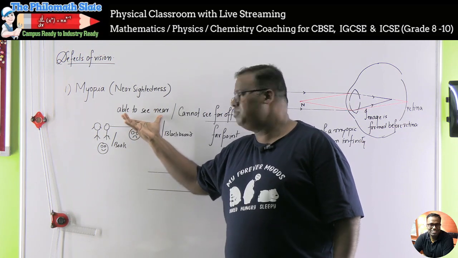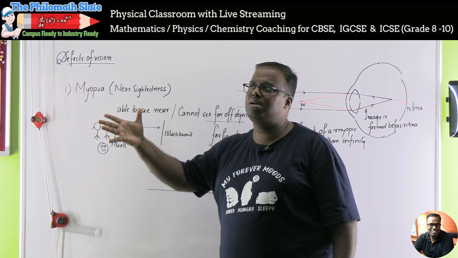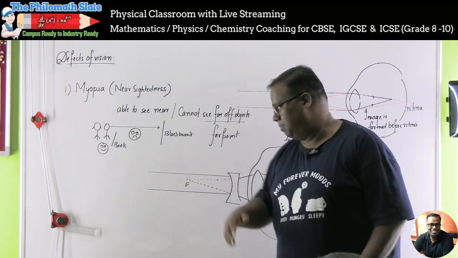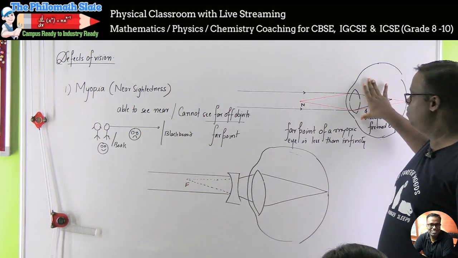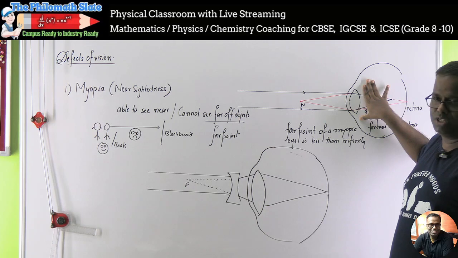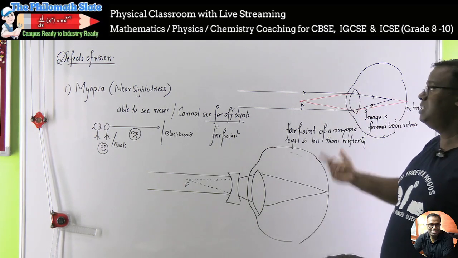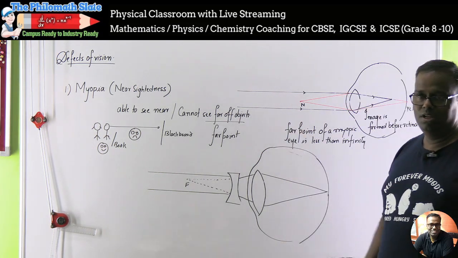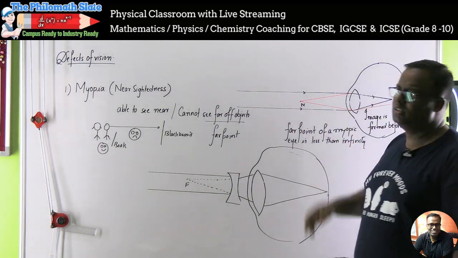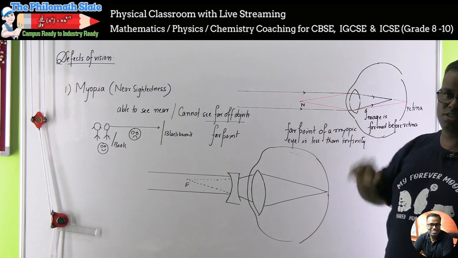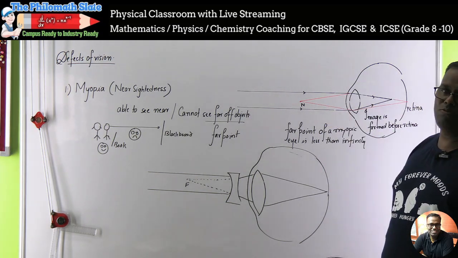So you are able to see near. Typical example: you cannot see the blackboard, you can see the textbook. Now what is the problem? Sir, you just explained the human eye has a unique feature called accommodation. In accommodation, the lens changes its curvature and can see far and near things. Sir, why am I able to see the near thing? We are able to see the near thing because your lens has proper convergence. Why am I not able to see the far off things when